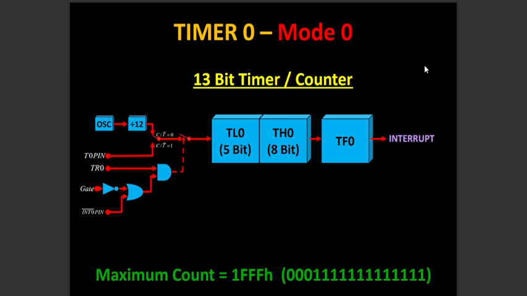In mode 0, the operation is an 8-bit timer or counter with a 5-bit prescaler. So it is a 13-bit timer/counter. It uses 5 bits of TL0 or TL1 and all of the 8 bits of TH0 or TH1. In this example, we see that timer 1 is selected. In timer 1, every 32 events for counter operations or 32 machine cycles for timer operations,